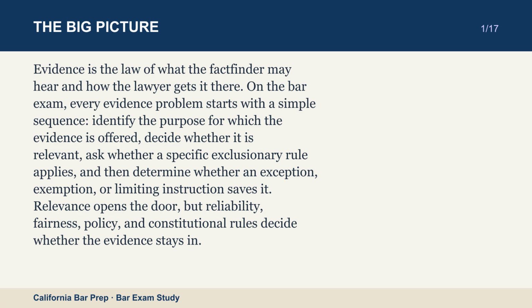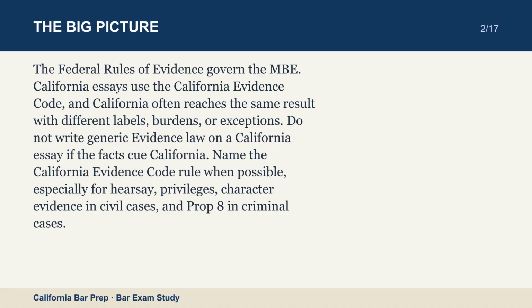Relevance opens the door, but reliability, fairness, policy, and constitutional rules decide whether the evidence stays in. The Federal Rules of Evidence govern the MBE. California essays use the California Evidence Code, and California often reaches the same result with different labels, burdens, or exceptions. Do not write generic evidence law on a California essay if the facts cue California. Name the California Evidence Code rule when possible, especially for hearsay, privileges, character evidence in civil cases, and Prop 8